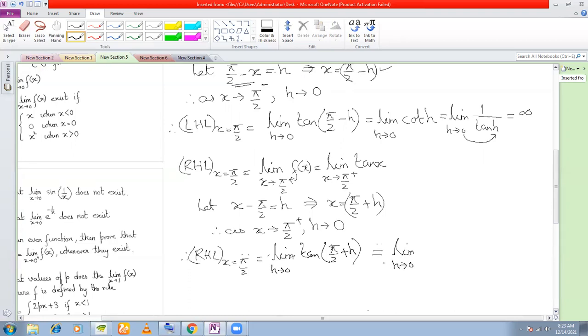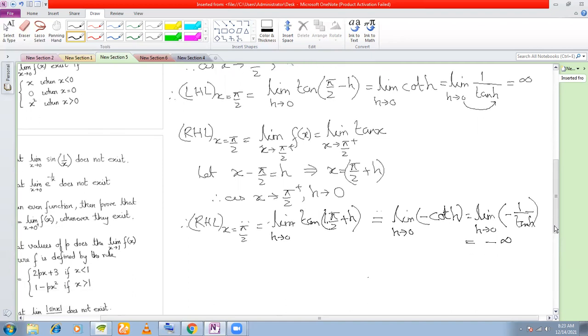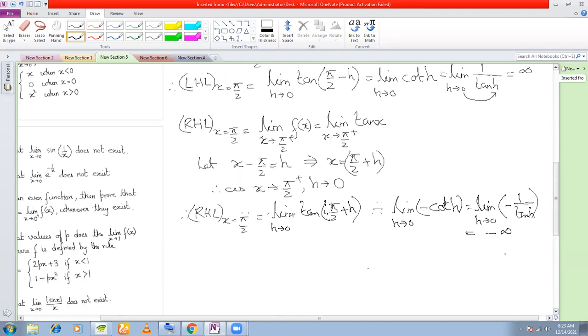Negative and associated angles. It is in the second quadrant, right? Second quadrant means, and obviously you have an odd multiple, 1 into pi by 2, isn't it? So it changes to second quadrant, tan is negative. So minus, and tan changes to cot. So minus cot h, which is equal to limit h tends to 0 of minus 1 by tan h. What is this equal to? If you put h is equal to 0, you get minus 1 by 0, which is equal to minus infinity, right? So if you see the left hand limit and the right hand limit, both do not exist finitely and are also not equal.